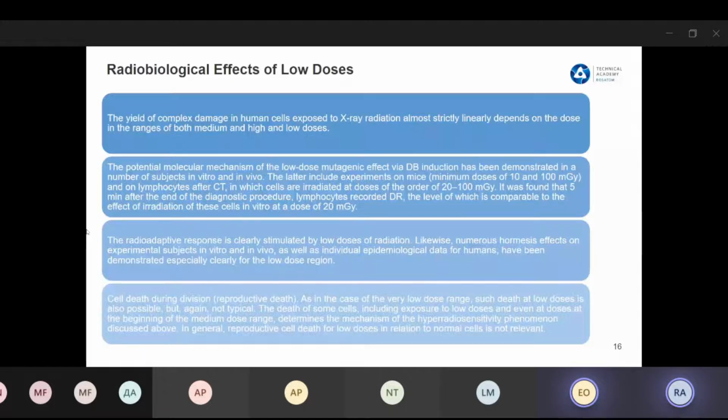This is the reason for one of the mechanisms of the radioadaptive response and the phenomenon of hyperradiosensitivity, induced radioresistance, when on the dose effect curves, in terms of cell survival and other parameters, such as, for example, release of